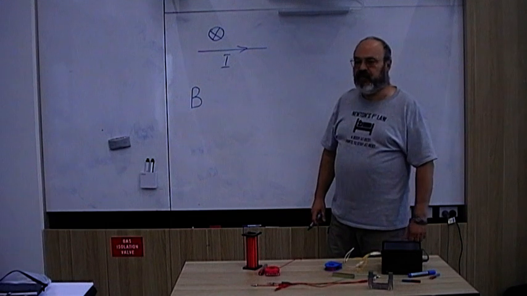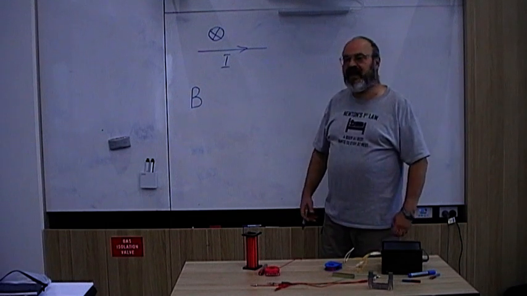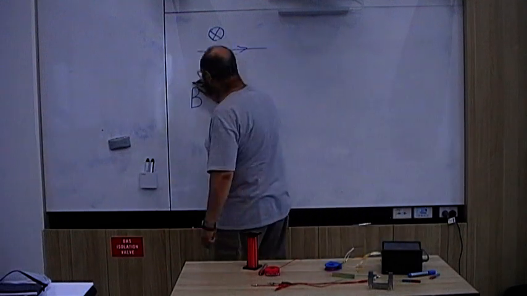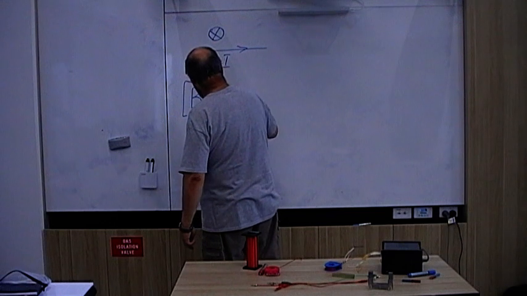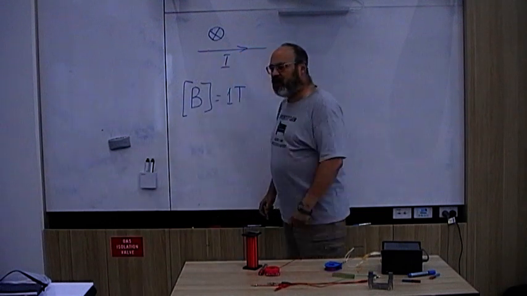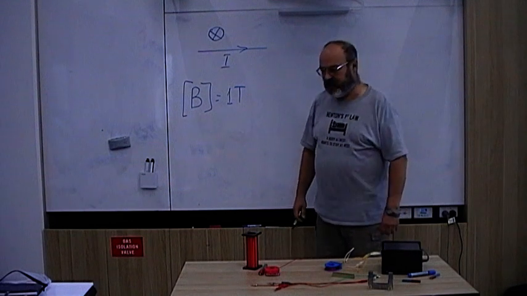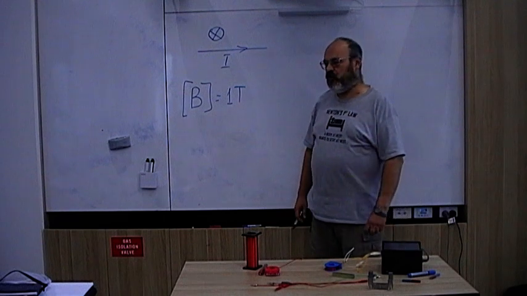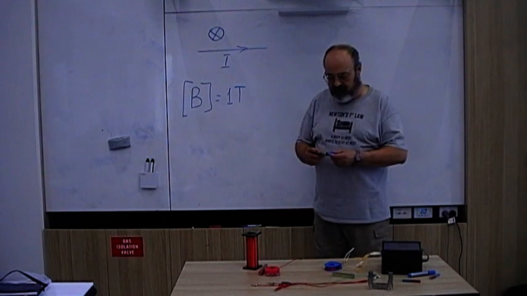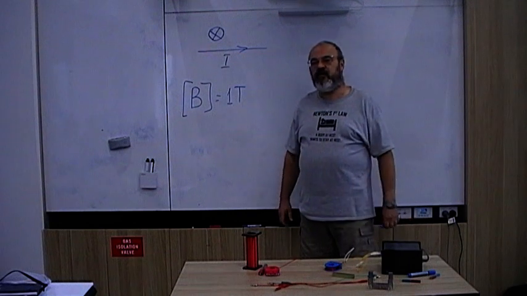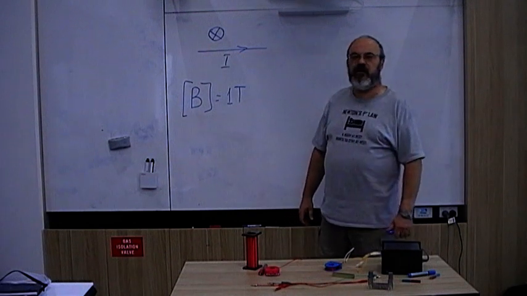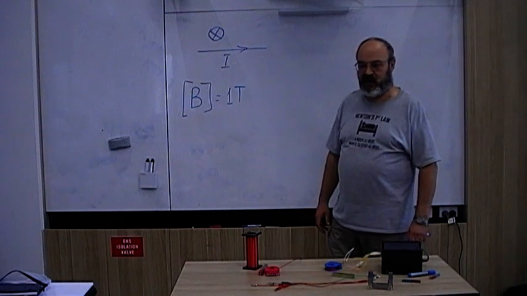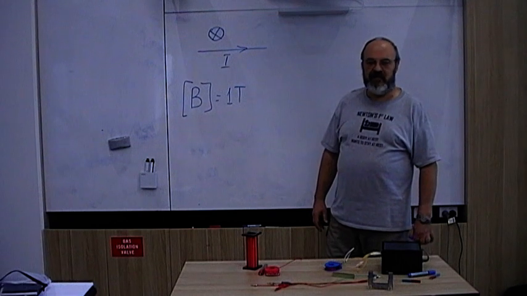For magnetic it is B, and it has a unit of measurement. Electric field is volts per meter, or newtons per coulomb, but magnetic field has a special name. It is measured in Teslas. And 1 Tesla is a very strong magnetic field. For example, the magnetic field of Earth is about 30 millitesla. So 1 Tesla is quite a strong